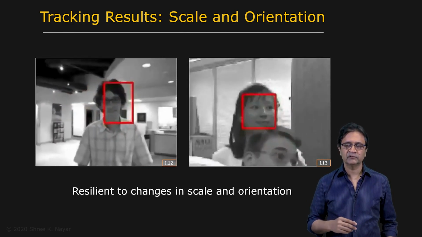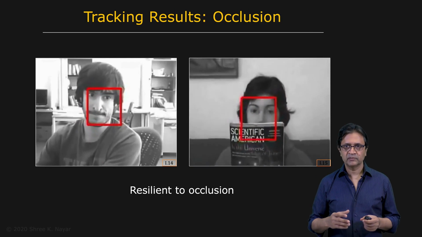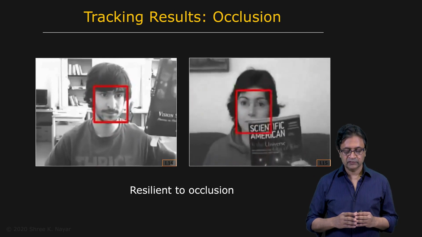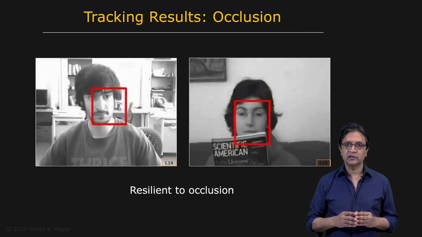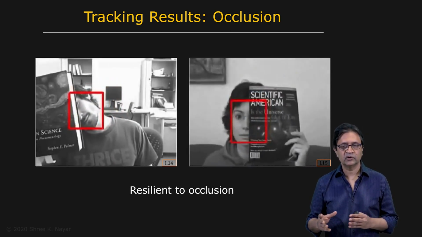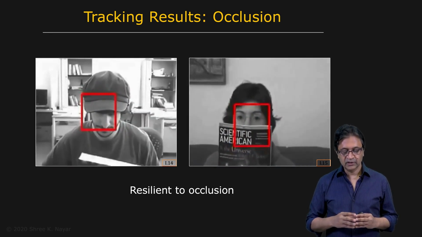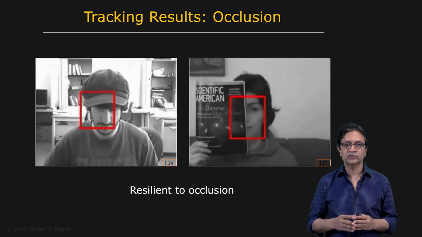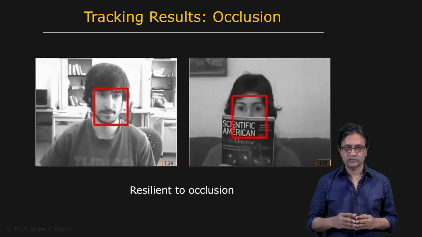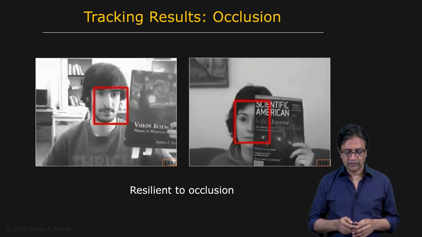And perhaps more impressive is the resilience of the method to occlusion or obstruction. Here you see some other objects being brought into the field of view and actually within the window itself. And yet the tracking remains fairly robust, because these features on these new objects have really not been seen before and therefore are not really added to the object model. And so that's where the resiliency comes from. So these examples really show you the advantage of using a feature-based approach for object tracking, instead of a template-based approach. Now, let's take a look at a few real-world applications.